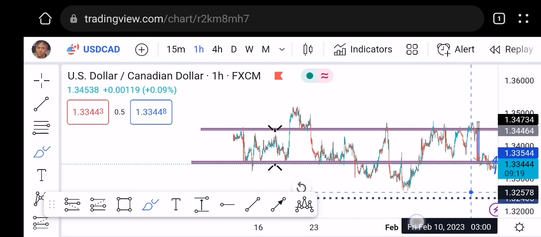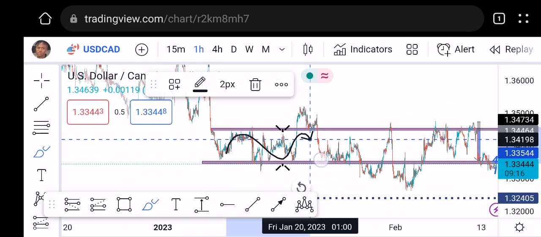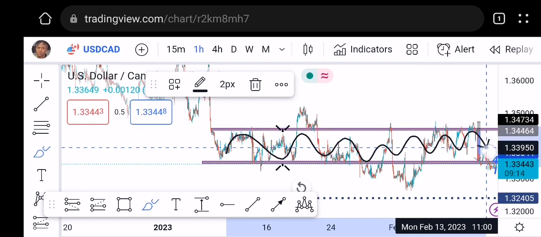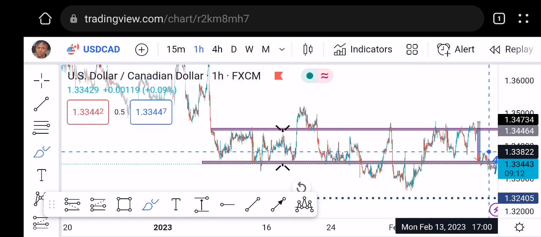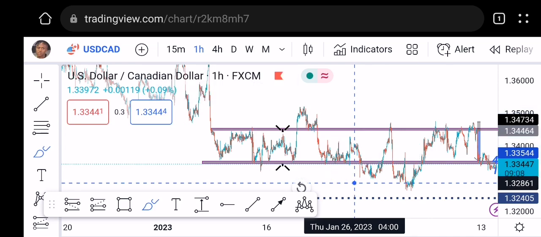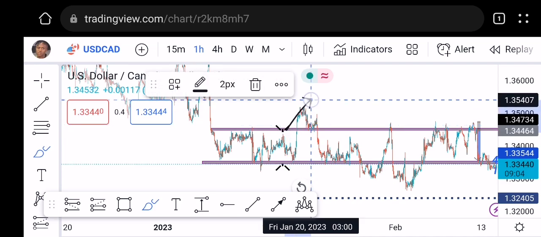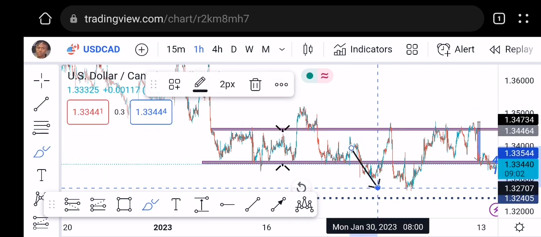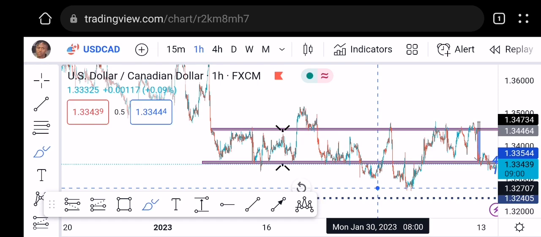When we look at our overall picture, USDCAD has been bouncing off support and resistance. Price has been moving sideways. You guys know that from a sideways movement, I simply scratch it out. I don't look for anything until I see price breaking out either above or below. And that will be my take, my anticipation, or my signal.